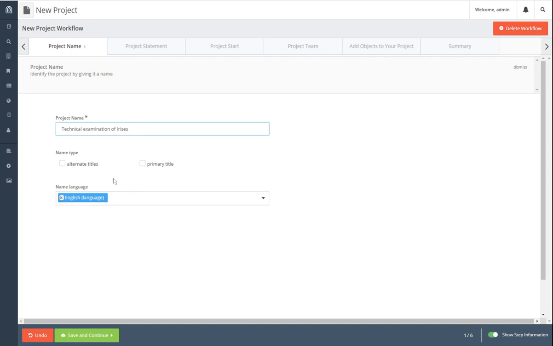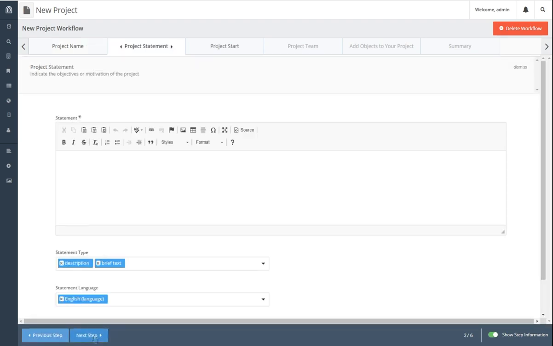I'm going to say that's the primary title of this project, but you'll note that I could use anything here. If your organization had a specific naming structure for projects or a numbering system, anything like that, that could be the types of naming that you use. Having completed putting in a name, I'm going to go down here to the bottom left and